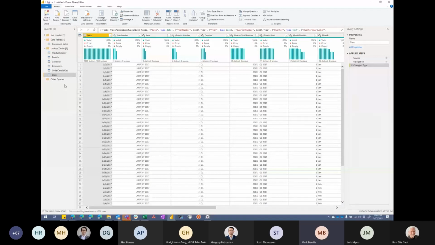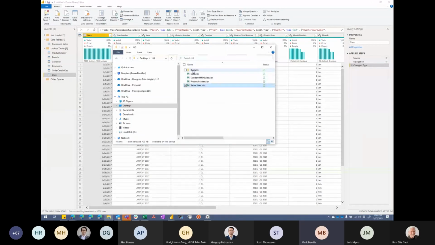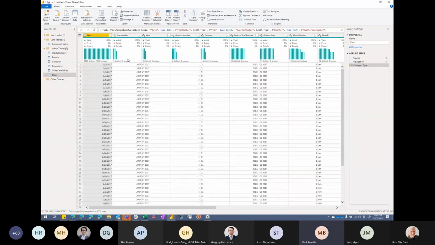Now, I got one more piece I got to deal with, and that's budget information. So I got these budget files. I got a different budget for every year. So I could bring these in and append them, but I know Alex will probably call me out for doing that. So I'm going to connect to the folder instead of connecting to each file.